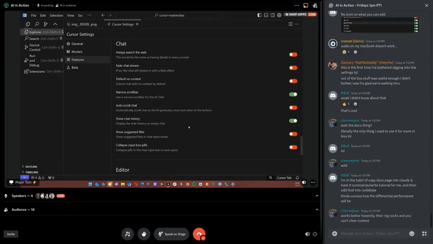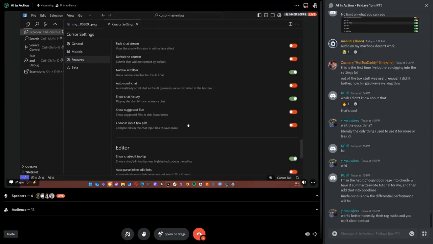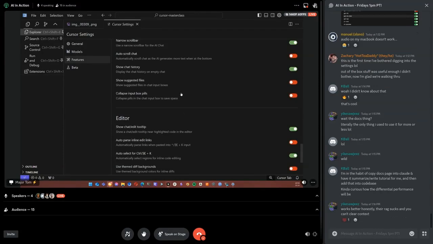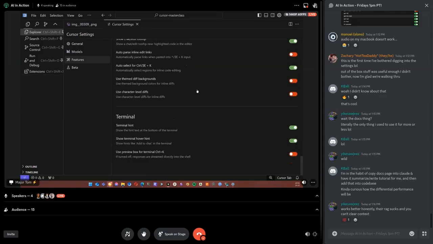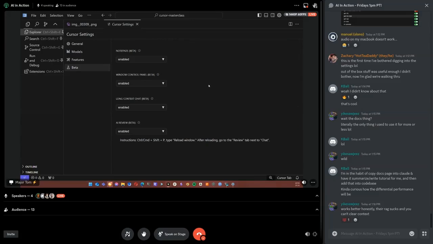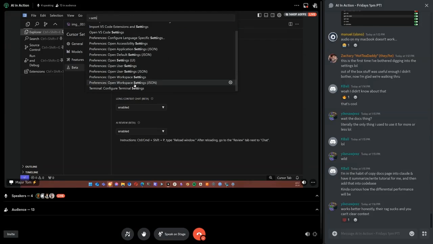Here are some more UI settings, which I'll just list according to my personal preferences. The same goes for the editor. Terminal hint, show terminal hover hint, use previous, we turn this on. This is quite exciting, but we again enable all of those. Okay, so that's all for the basic settings, but that's not everything because it's also nice to open